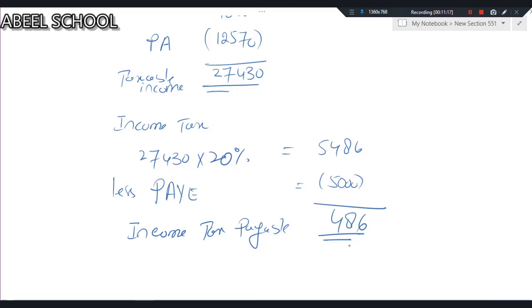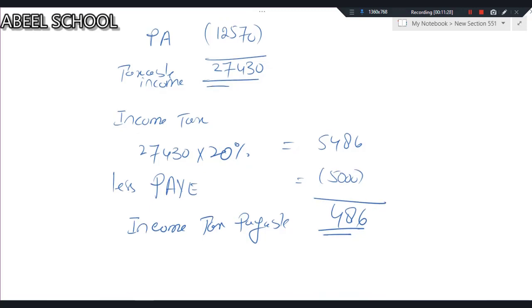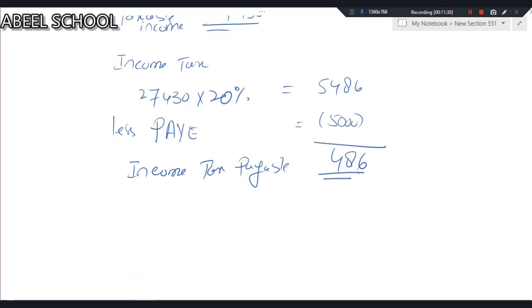You might be thinking, what if PAYE was more than 5,486? Then it would have resulted in income tax refundable. Simply, if PAYE was more than 5,486 in the same question,